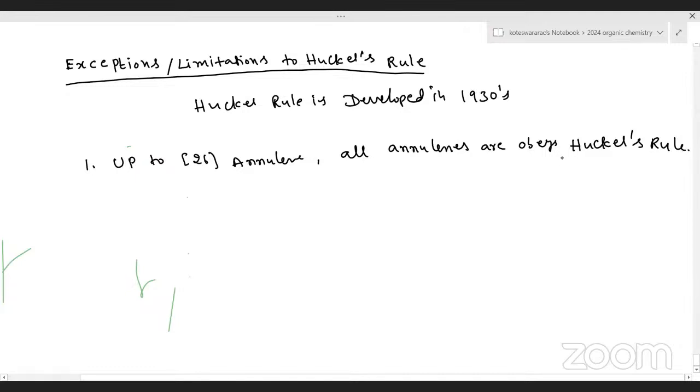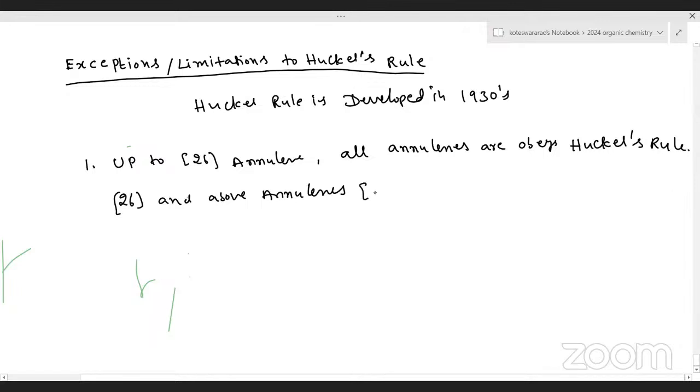Right, Hückel's rule. And above 26, up to 26 it works. But 26 and above annulenes, or you can also call them higher annulenes,